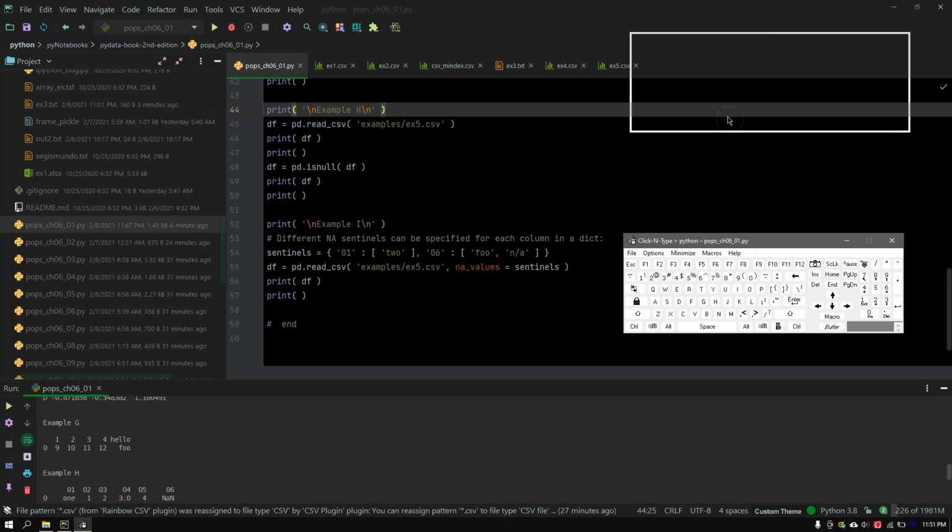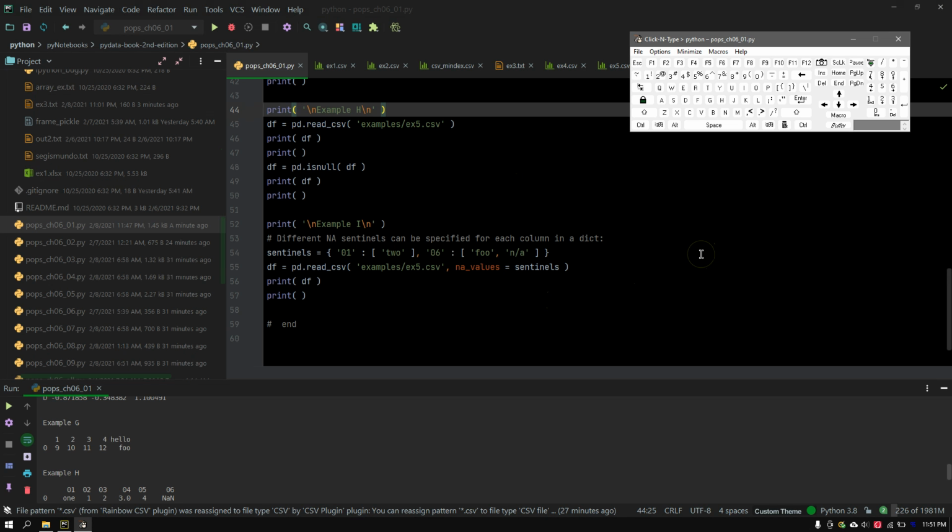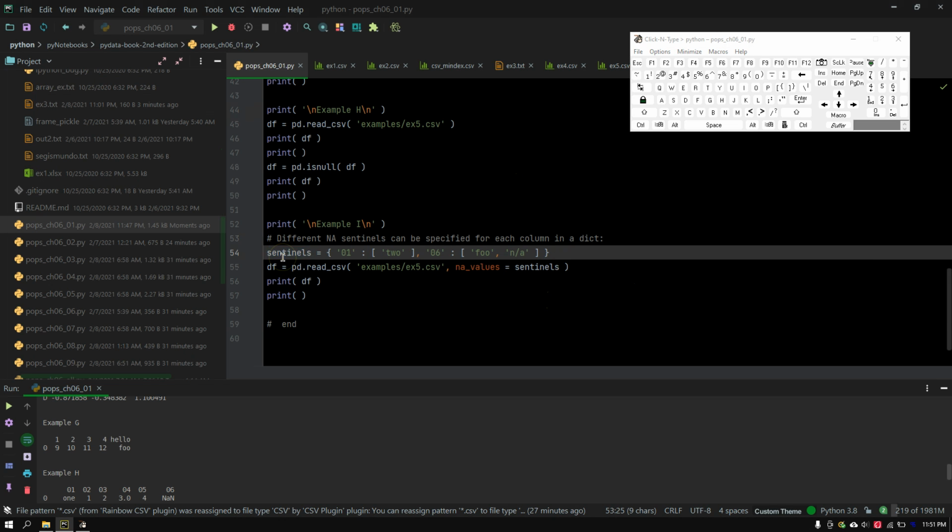Here, what we've done, and this is the last example for POPs chapter 601, example I. These are called sentinels. You create sentinels as a dictionary. These brackets define the context here as a dictionary with a key colon definition, comma, key colon definition. If there's more than one definition, you put them in brackets and put a comma between them. What this is going to do is it's going to say wherever you find